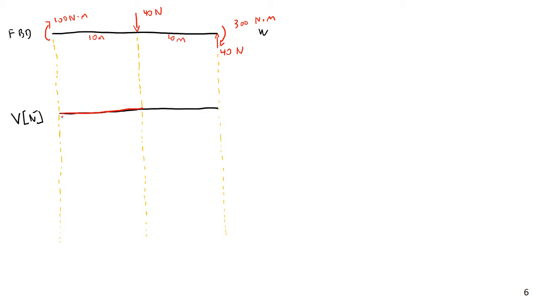So from end A to the midspan, we have exactly 0 shear in the beam. Then at this point here, we do have our first vertical load, and that's a point load. We know from previous examples and discussions that a downward point load is going to cause a downward drop in the shear diagram. So we start at 0, and we're going to drop down 40, which means we'll be down here at negative 40. And then there is no vertical load from the center span to point B, and so our shear then